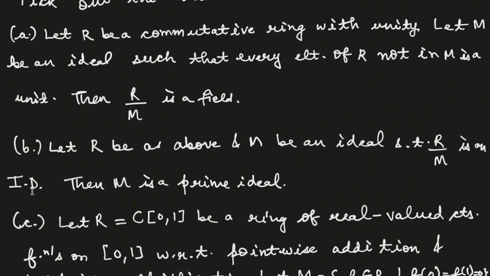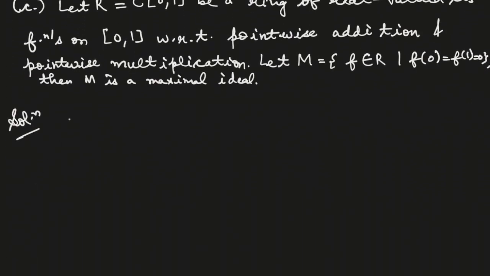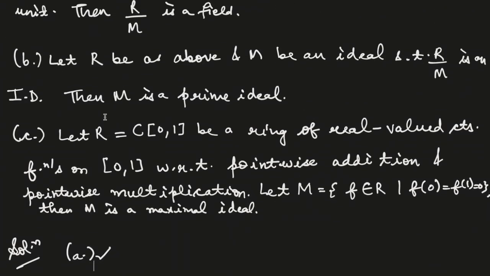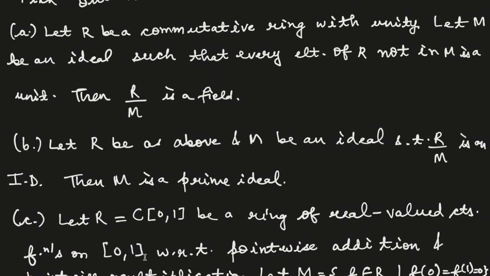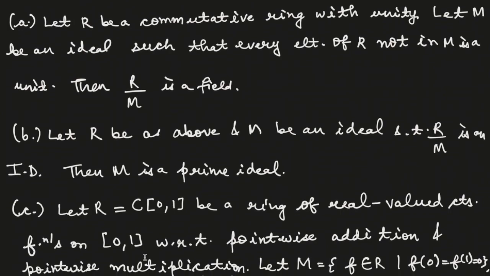So A part is R is a CRU, M is an ideal such that every element of R not in M is a unit. हाँ, तो मैक्सिमल हो गया ना. तो मैक्सिमल हो गया, तो R/M फील्ड हो गया. हाँ, सेकंड में एवरी मैक्सिमल इज प्राइम. सेकंड में 2 हो गया. यस. थर्ड में डाउट. थर्ड में कर्नल